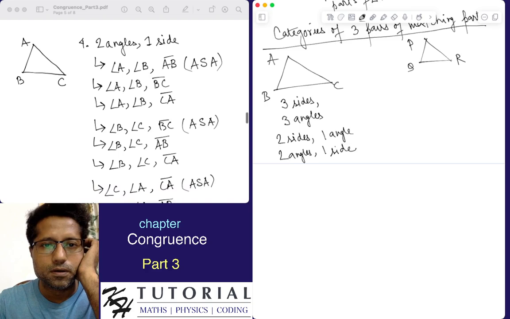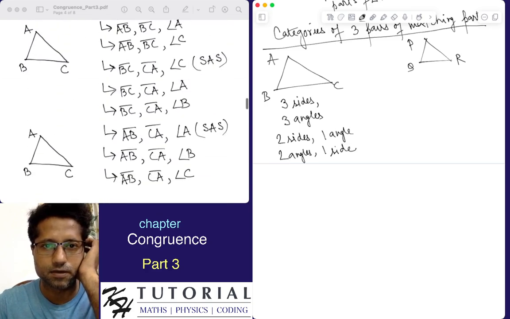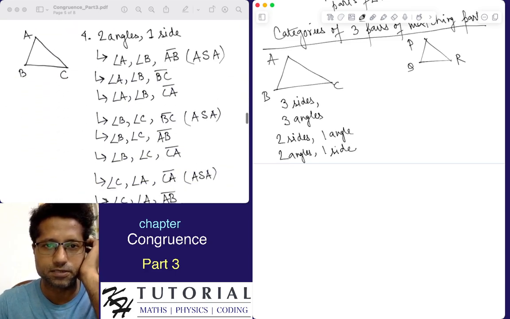So there are 9 possibilities, and also in two sides and one angle there are 9 possibilities. Now in the two angles and one side,